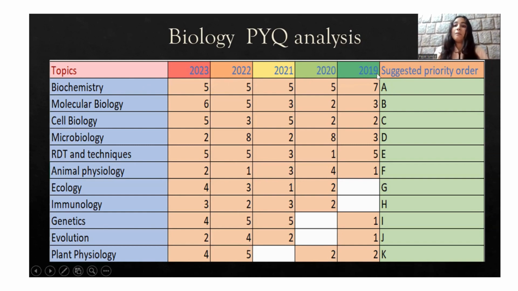So do revise biochemistry first, followed by molecular biology. See, every year questions are asked from molecular biology. So let's discuss what type of questions are asked in biochemistry. Like in metabolism, how many ATPs are produced in glycolysis, how many NADH are produced, this type of question. And they'll give a peptide sequence and you have to find the number of peptide bonds or the number of fragments formed by the enzyme. This type of question they usually ask.